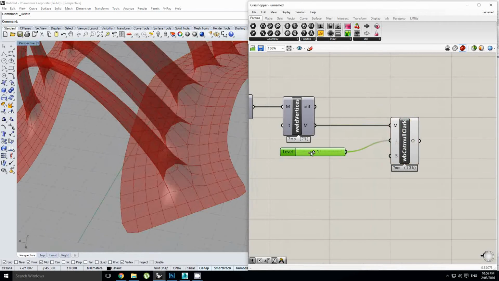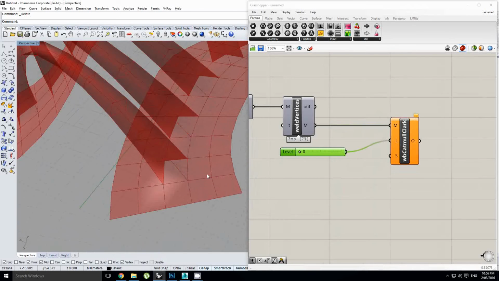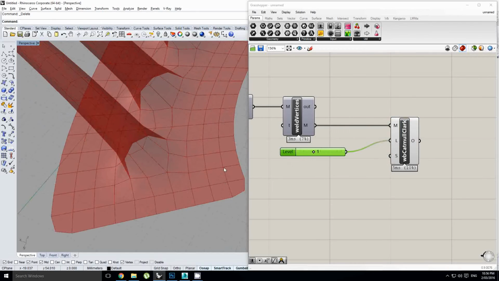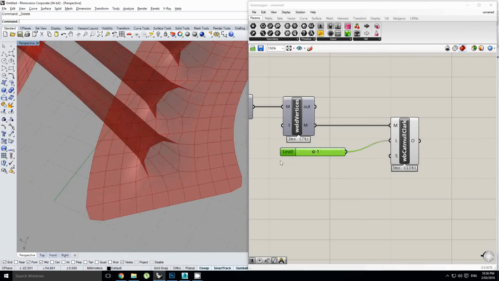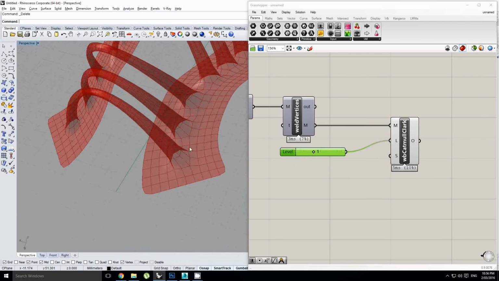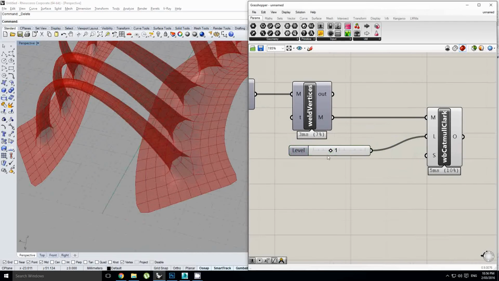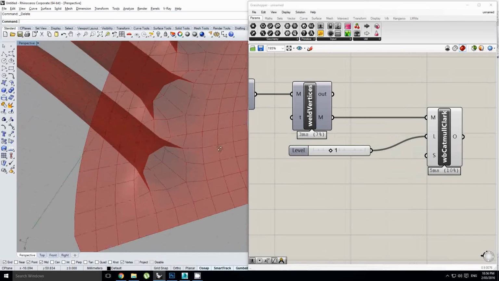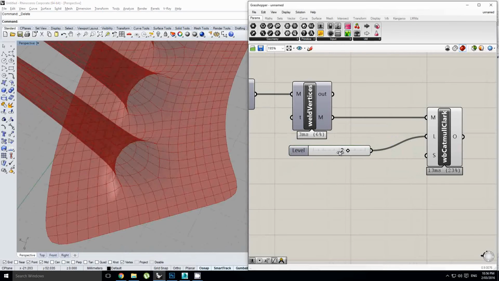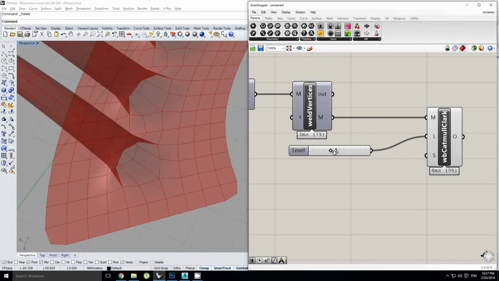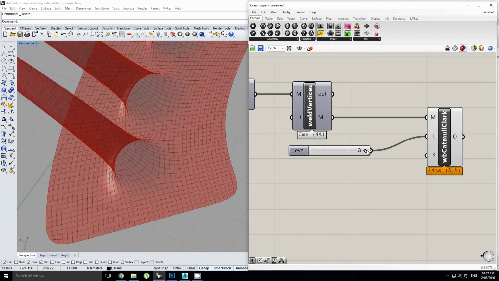And the reason for that is because basically it looks at each mesh face and it wants to subdivide it. The subdivision method basically draws a line from every edge to the center, from this edge to the center, from this edge to the center, and from this edge to the center. And by doing that, it's always going to result in a completely quadrangular mesh. And so every time you increase the level of subdivision, it divides each of these faces into 4 more faces. And then if you were to do it one more time, it would divide each of those faces into 4